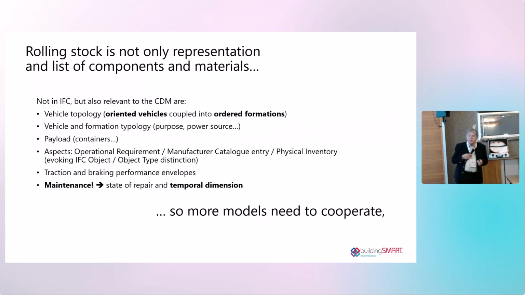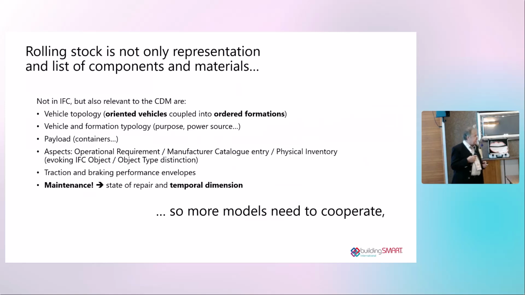I need to talk at different levels of the rolling stock because we have operational requirements. I need a heavy electric locomotive able to run at 160. We have the manufacturer catalogs answering the requirements, and we have the physical inventory that is supposed to be conformed to the manufacturer catalog,